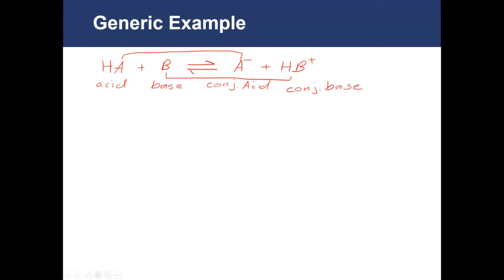Now, the acid is paired with its conjugate base, and the base is paired with its conjugate acid. If you're ever asked to figure out which one is an acid and which one is a base, or if you're ever asked to figure out the conjugate base from an acid,